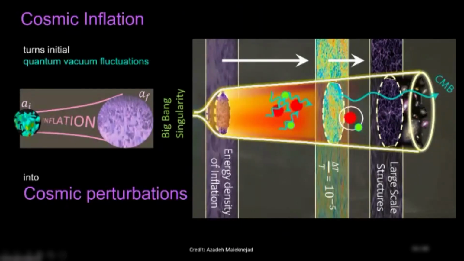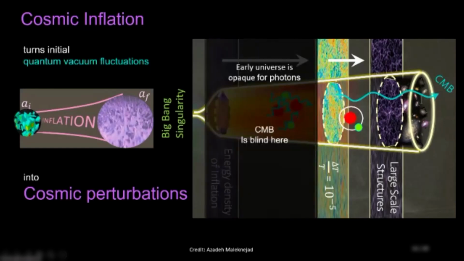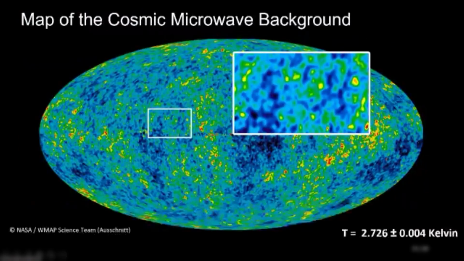Okay, so just to recap, dramatic exponential expansion, a phase where we had plasma, no information, no photon information coming through the universe back then. Then all of a sudden, atoms formed and photons could propagate, and from there we get information. So basically, we receive today information from the cosmic microwave background, and we are blind to the period before this time. Nonetheless, let's look at this cosmic microwave background.